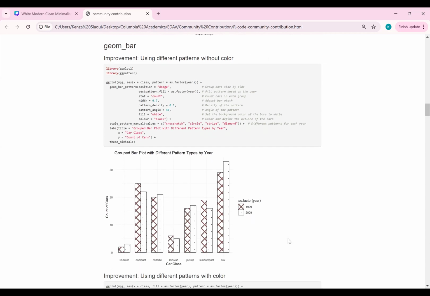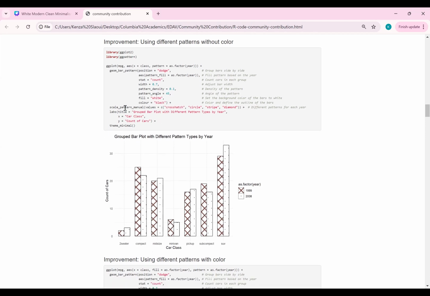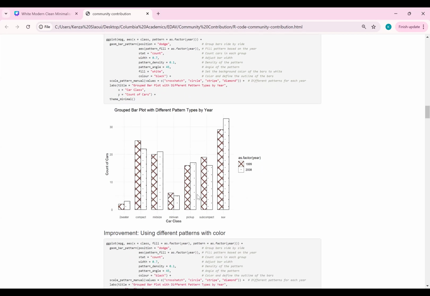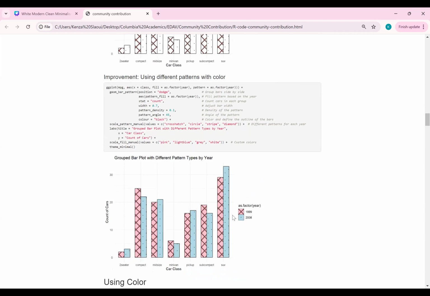When using geom_bar, we can use different patterns instead of colors. For this, you would need the package ggpattern, and you would need to include pattern here and use geom_bar_pattern with different parameters. And you can also set up the patterns manually that you want to include. Which is what we did here. You can also include the color, but it's not necessary since the patterns allow you to distinguish